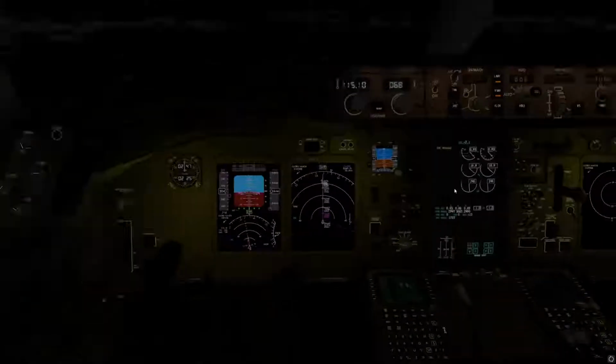Why does it drop to 19 FPS? What is going on? Okay. That's weird. Anyway, landing 27 left. Runway. Now it's at 28 FPS. That's weird. Anyway,